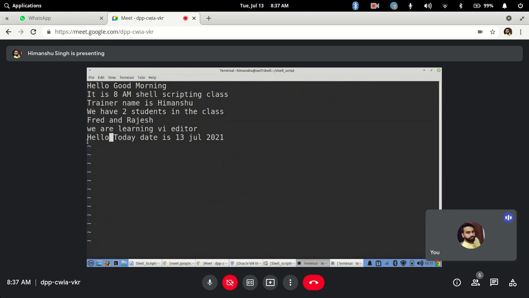So I is used for inserting where the cursor is, before that particular cursor. If you use shift I, it will go to the beginning of the line and insert, and if you just use normal I, which goes to insert mode, it will insert before the current cursor. Clear?